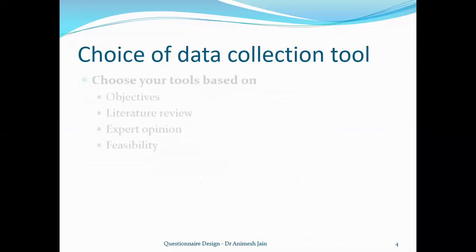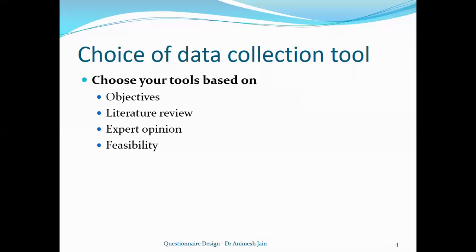So basically, when we decide on a data collection tool, now Dr. Vijayalakshmi with examples and with interaction, she's already told you how you go about it. So basically, when you choose a tool, it's decided based on your objectives, also on the basis of your literature review, and then you can also take some expert opinion. And very importantly, after all that, if you think that there is no feasibility to employ that tool, for example, if you want to do an interview, but you don't have people to do that, or if the geographical area is too far and wide, you may not be able to do that. So it may not be a feasible option for you. So you need to decide based on these things.